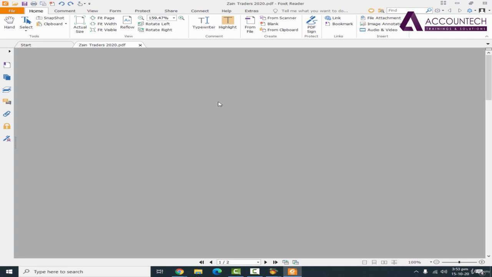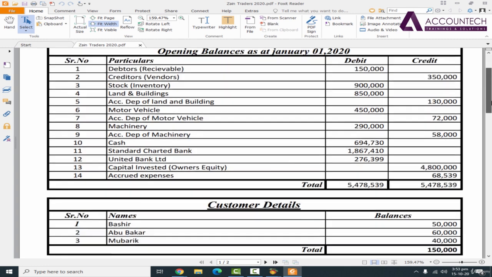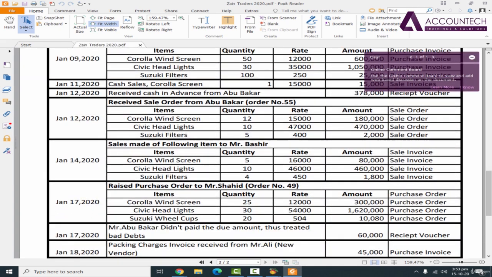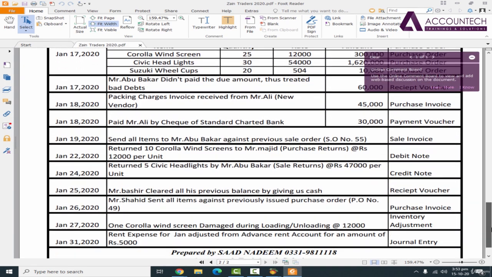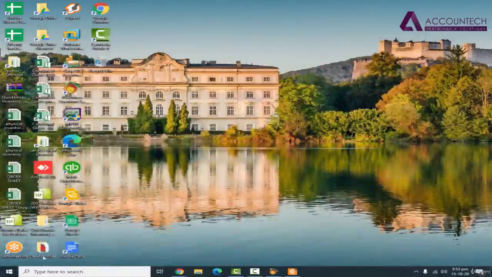So our first assignment will be Zan Traders, in which we will create the new company from scratch. We will enter all the ledgers and their opening balances, and then we will start the business activity and orders, payments, bad debts, returns, each of the activity. After that, we will